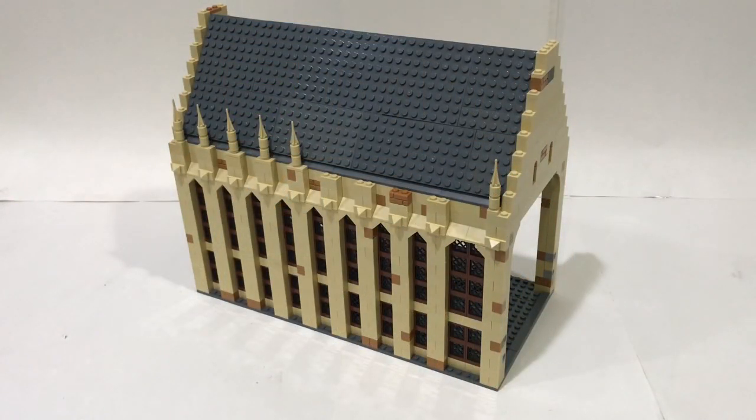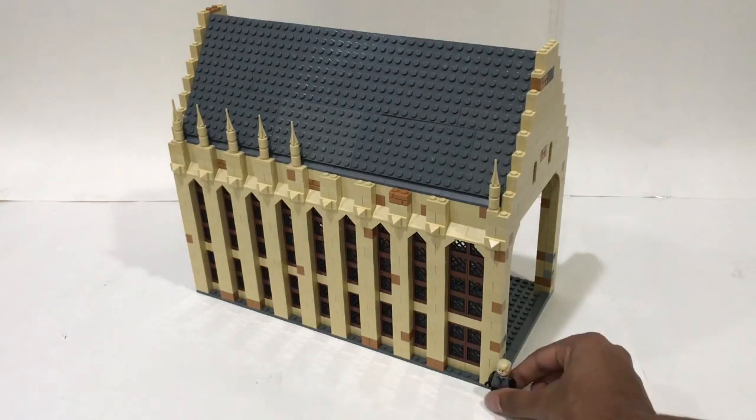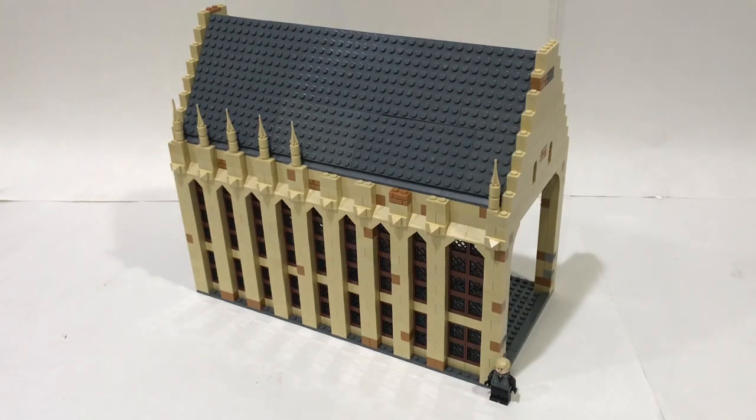Alright, so I've been working for about a good 10 hours actually, between today and yesterday, and this is what I have come up with. So here's a look at the Great Hall. Here is a look at him next to a figure. So it's quite large. The original Hogwarts castle, at least the section with the windows,